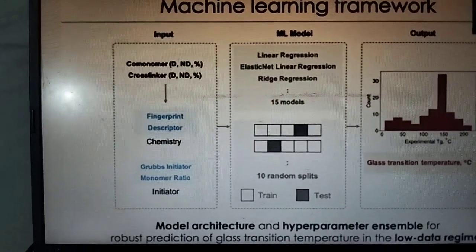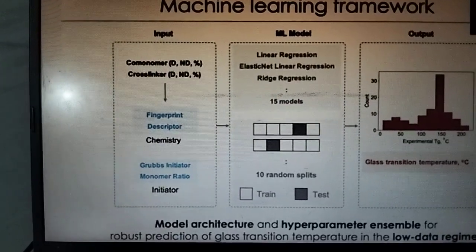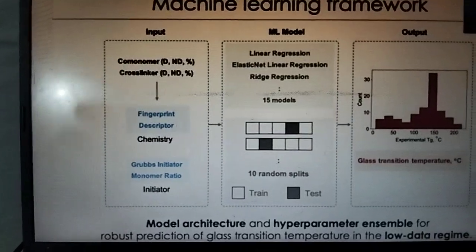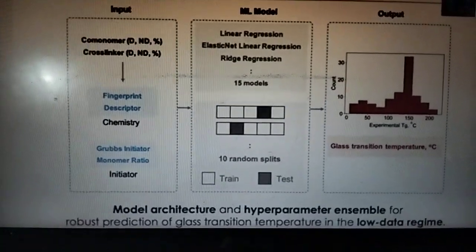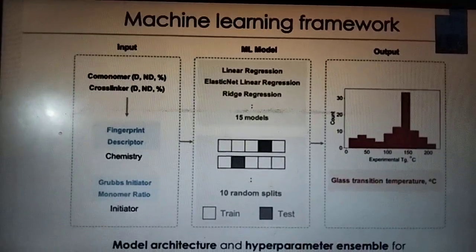And next, the ML models I'm using: linear regression, logistic regression. So regression models, elastic net and ridge regression, different models. This is the model used to train and test. So the output of this is to predict the glass transition temperature of this